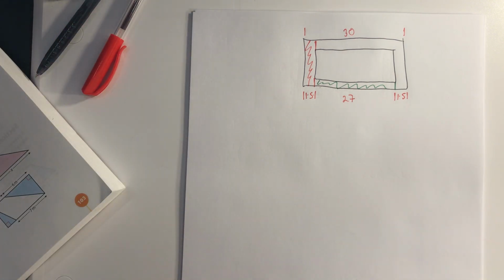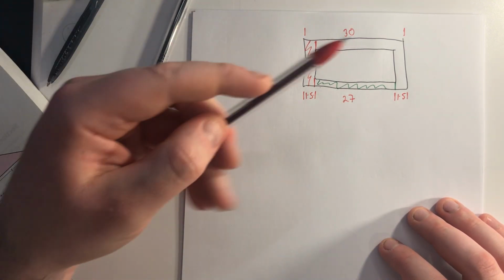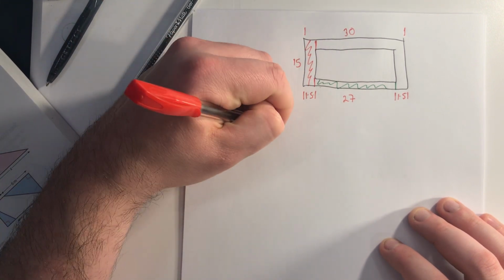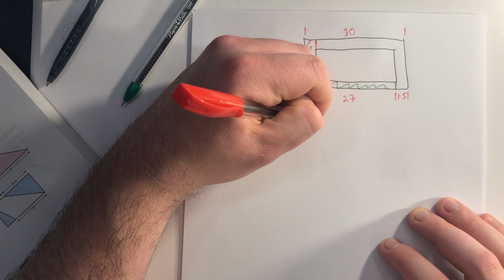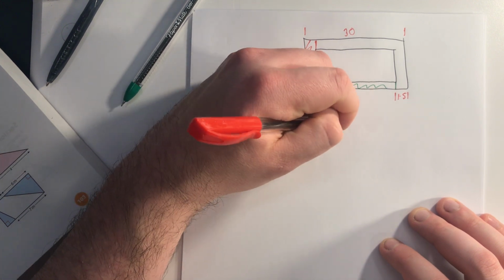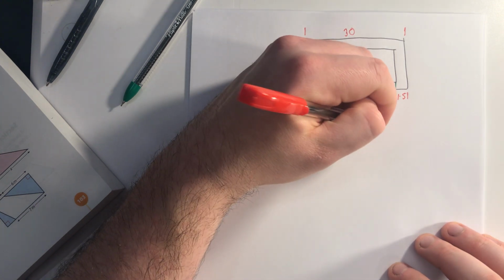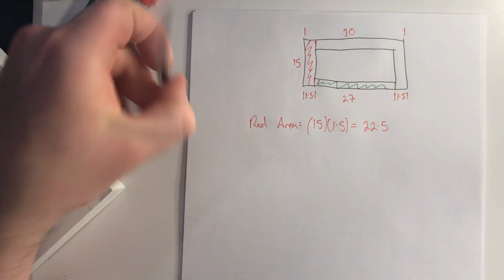And we're told that it's 15 high. So again, red area is equal to 15 by 1.5. That's 15 plus 7.5, which is 22.5. Green area